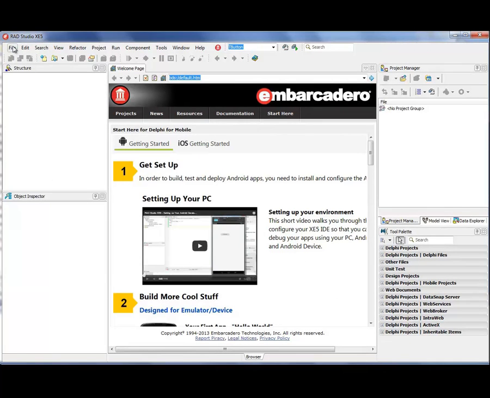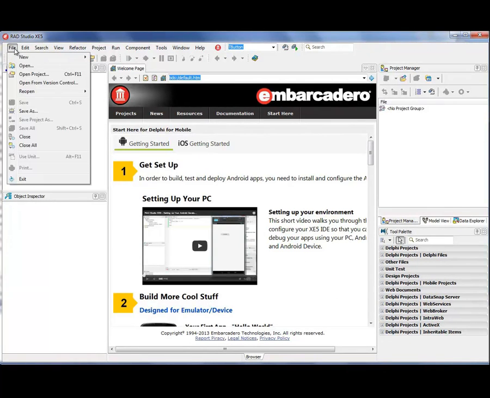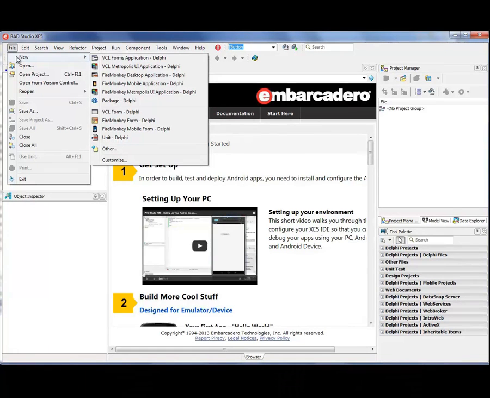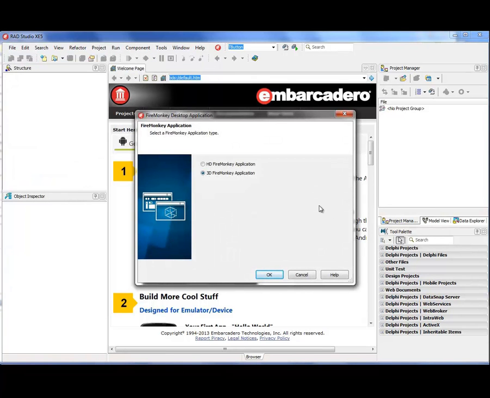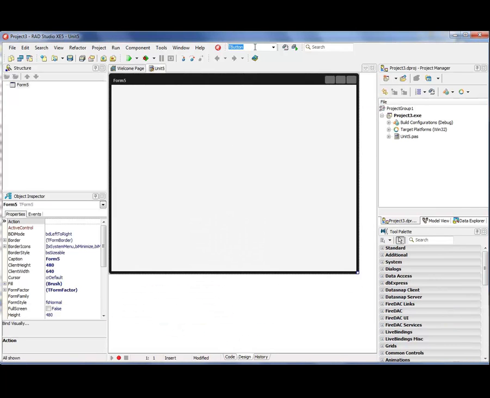In Delphi, I always recommend to start from a desktop application, because in a mobile application you have a very small screen size, not good to plan or to train your 3D skills. So let's start with a FireMonkey application, and please basically use an HD FireMonkey application. Then we have a plain 2D form, and if you want to have a window into a 3D world, you need to add a special component. It's called the Viewport3D.